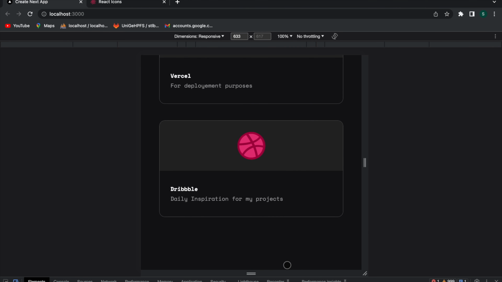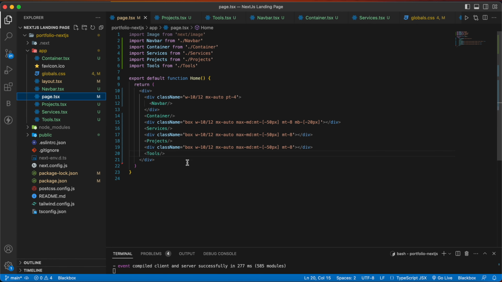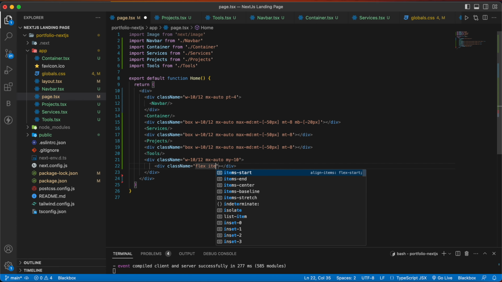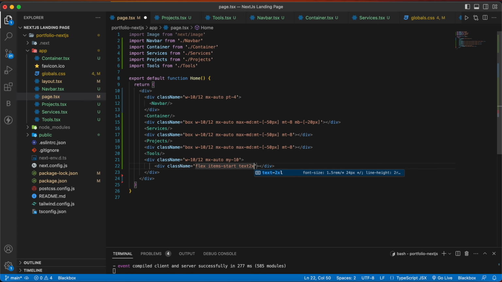And lastly, we have to add a footer here. For that, go back to the page.tsx, and below this tool, we're going to write a div, then give a class name w-10/12 mx-auto my-10, and inside this, write one more div with the class name flex items-start text-xl text-neutral-300, and inside this we are going to have a p tag with the class name text-5xl mr-2 mt-2 pixels, and inside the p tag write